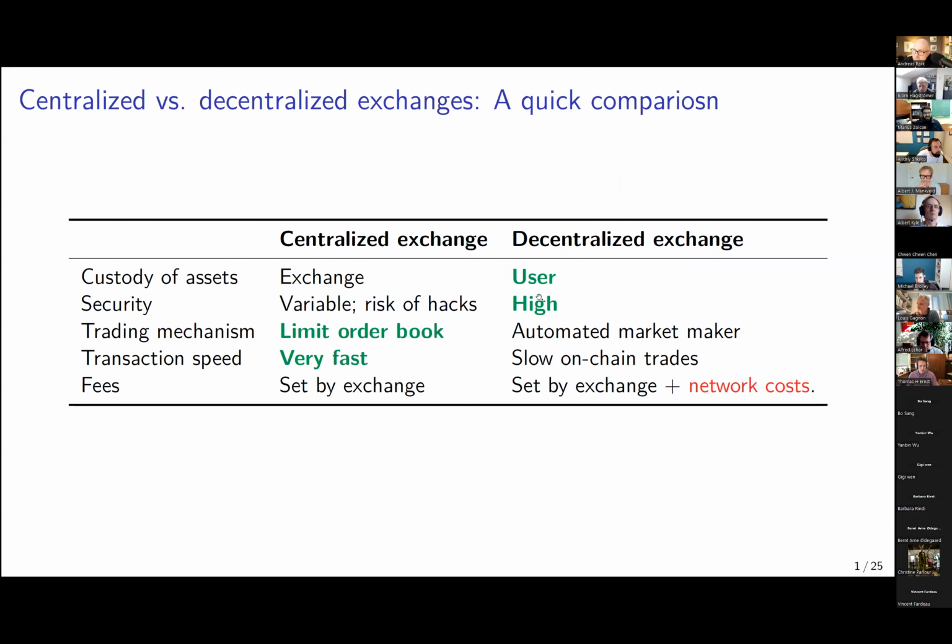That has some benefits relative to centralized exchanges, at least the way they are in crypto. It means there are essentially no Sam Bankman-Fried to take away your assets. You keep custody of your assets. You're just trading directly with the matching engine. It is more secure because in order to hack the decentralized exchange, you have to hack the entire blockchain.